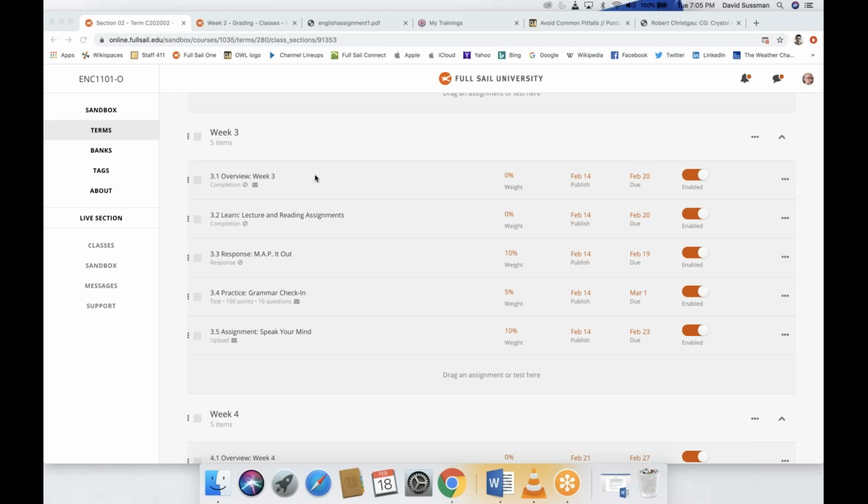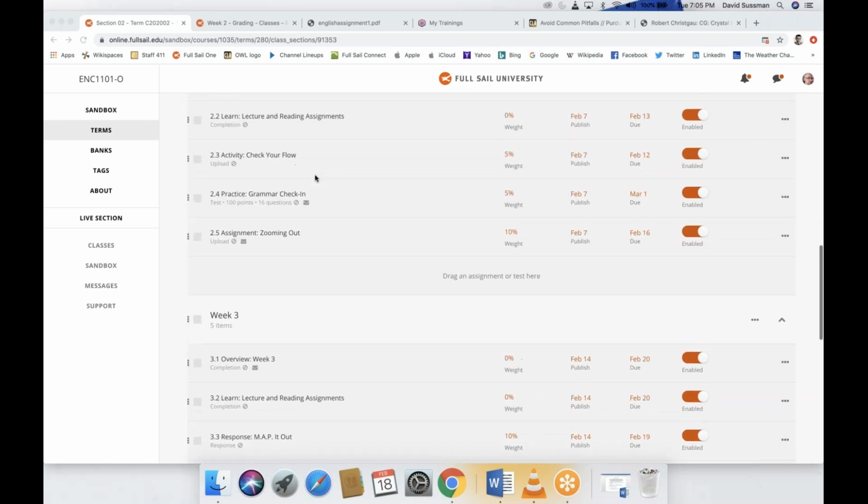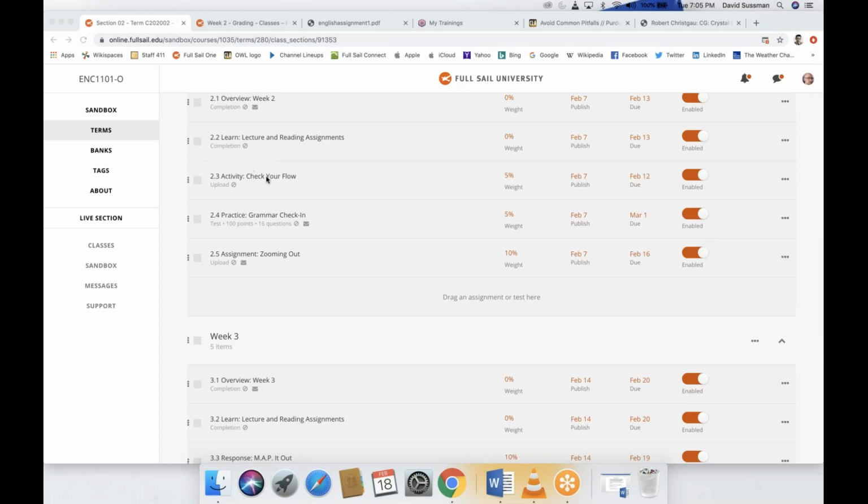We're in week 3. Just to give you an update from week 2, I already graded everyone's check your flow activity. That's the one where you color coded your week 1 summary and wrote a short reflection. I've just started cracking your second summary. Tomorrow is going to be the big day for me to hopefully finish those out. I might need to work past the midnight hour, but last week I think I finished around 1 a.m. I have until end of Thursday to grade everything, but I try to get things done sooner than that.